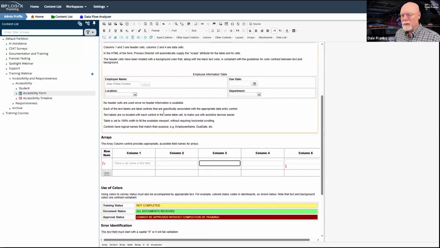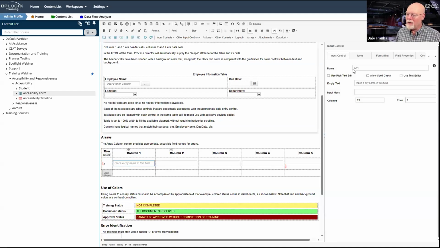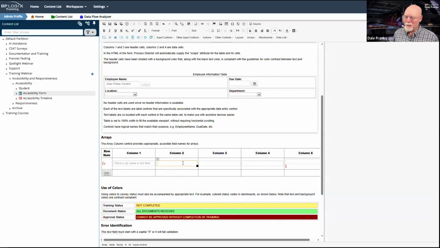When you're using arrays, we've talked about this before, and we actually did have to go back and address an accessibility issue with arrays and the way the array column control works. You don't actually use a normal label with array controls. The reason is that an array has multiple controls, all of which have the same name. So here is ARR1, R1. That means array 1, so that's array field 1. That's array field 2.